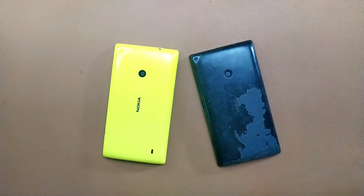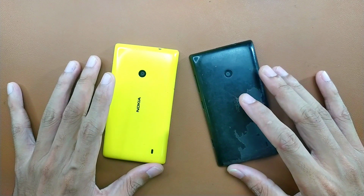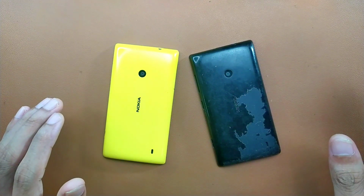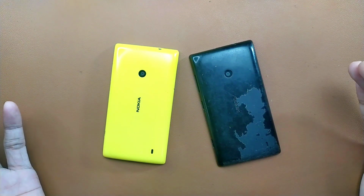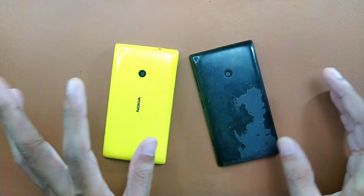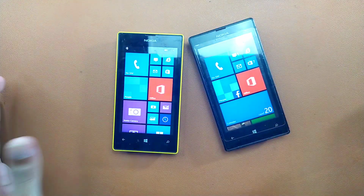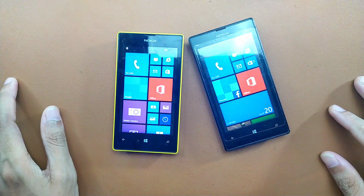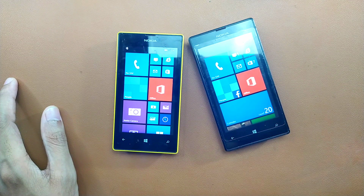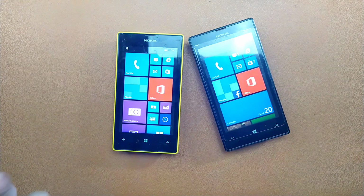So in this video we are going to have a look at one of the best selling Lumia devices ever produced by Nokia. This is the Nokia Lumia 520, which was released back in 2013, and it was one of the best devices for many reasons actually. It was not really a device which had great specs or anything like that. It was a really budget friendly device back then, but the things it came with were amazing for the